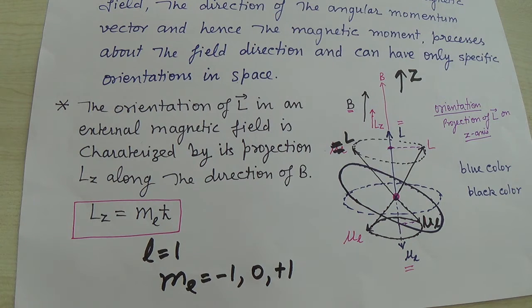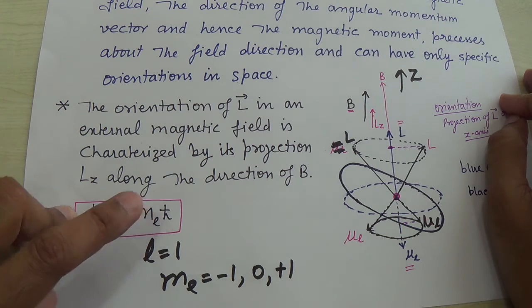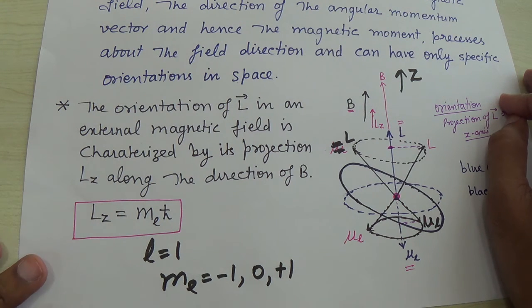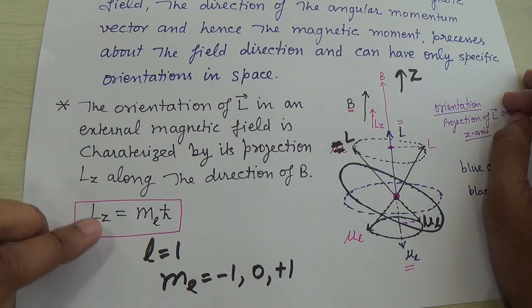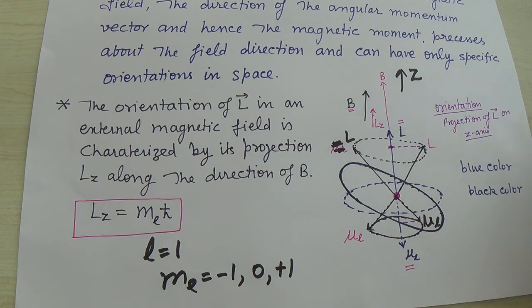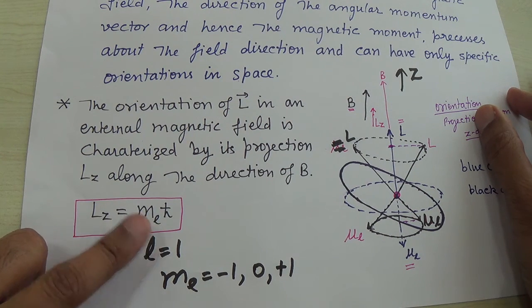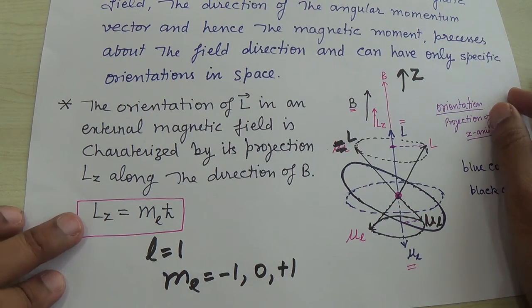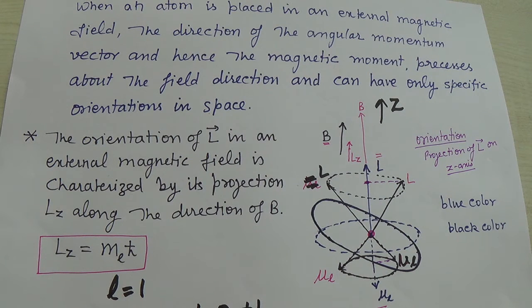Right, so these are the numbers Lz can have. For L equal to 1, Lz is equal to h cross, 0, or minus h cross. These are the values. Similarly, for L equal to 2, m varies from -2, -1, 0, +1 and +2, and the values here are 2h cross, 1h cross, 0, -h cross and -2h cross. That gives 5 values of Lz. Right, so this is the idea of Lz. We take Lz only when the atom is placed in a uniform magnetic field.